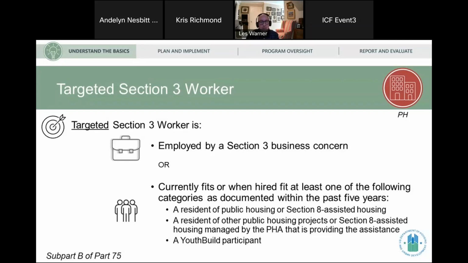But much like we see in probably most HUD policies, there tends to be an exception clause that when we have an urgent situation, we may not be able to implement some of those portions. So at the end of the day, you're going to be reporting for that triggering funding source that you're trying to meet the overall percentage benchmarks, or be demonstrating that you have done the qualitative effort.